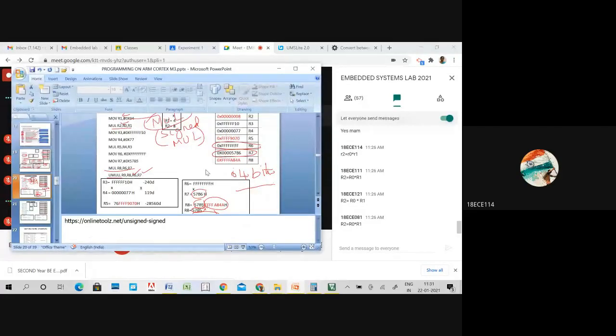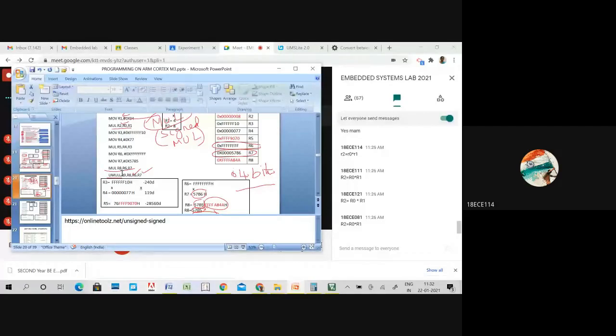Ma'am, you said that it does not do signed multiplication, but it can perform according to our consideration. So the user has to interpret the results, okay? But it does not have a separate signed multiplication instruction. In the case of division, we have unsigned div and signed div. But in the multiplication case, we have only the unsigned multiplication instruction alone.